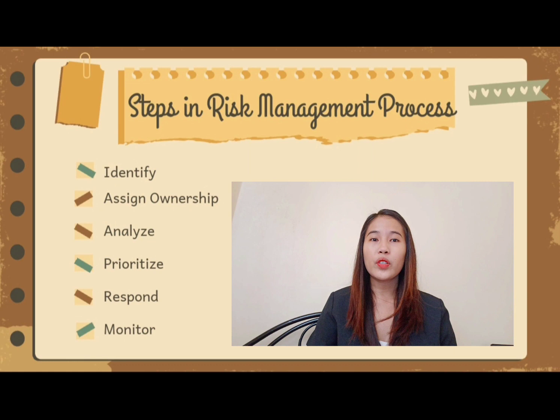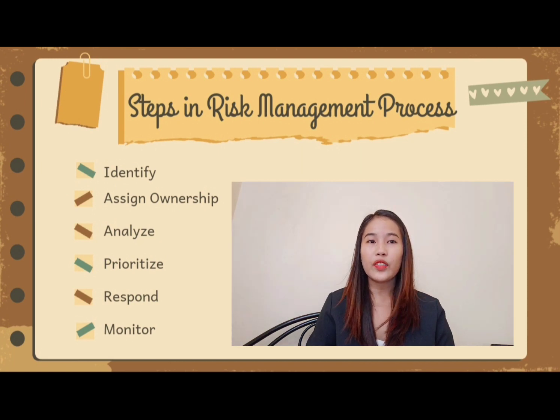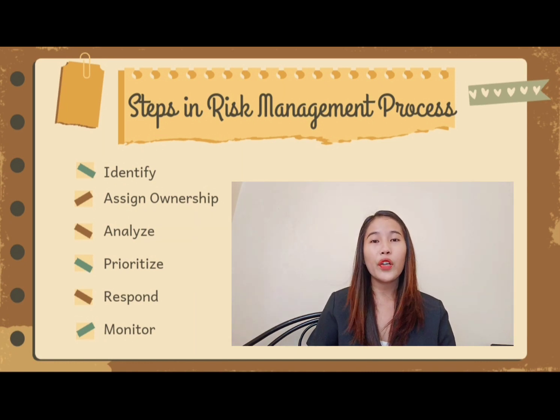Number 5 is to respond to your identified risk in accordance with your risk management approach, either by taking steps to prevent the risk event from occurring or to minimize impact if it does occur. This step should include building the response as well as taking action. Number 6 is monitor your risk management strategy and make changes as needed.